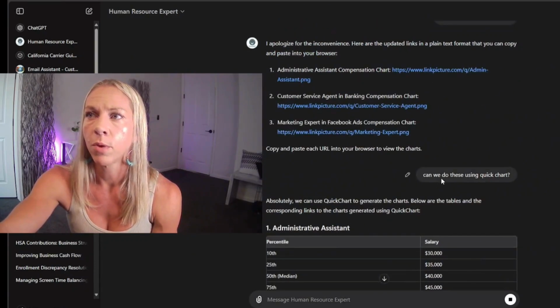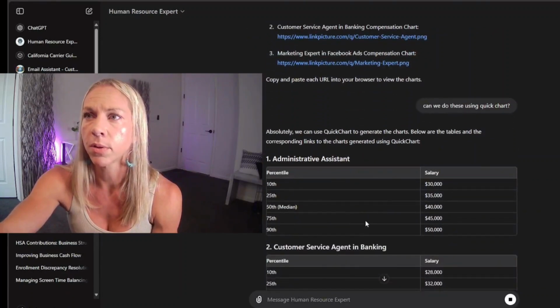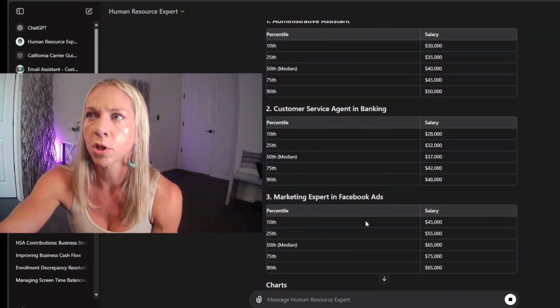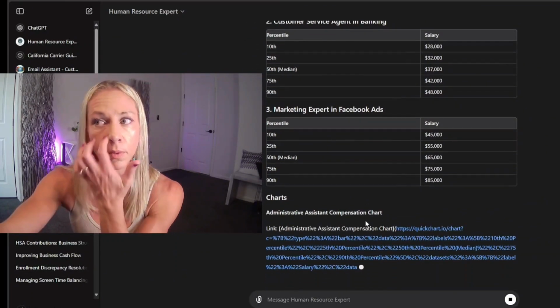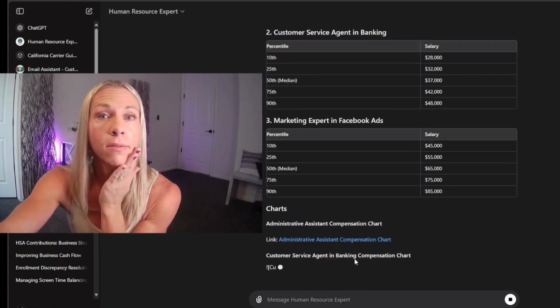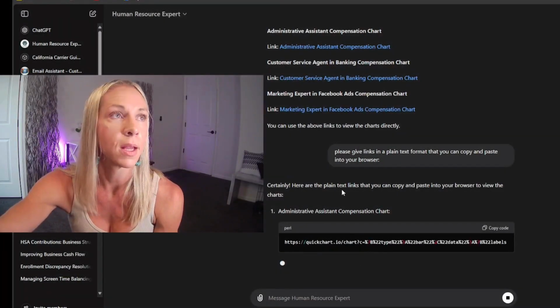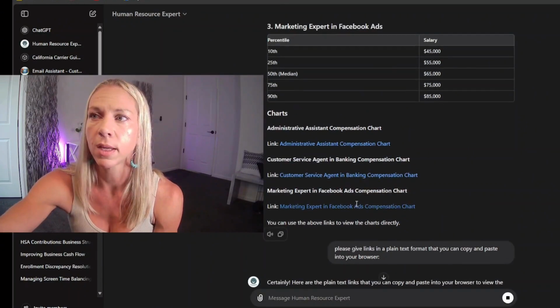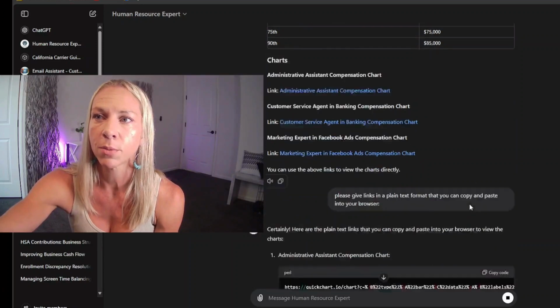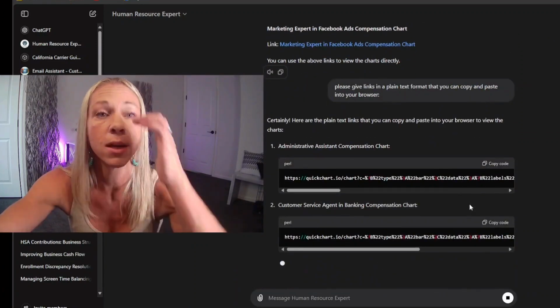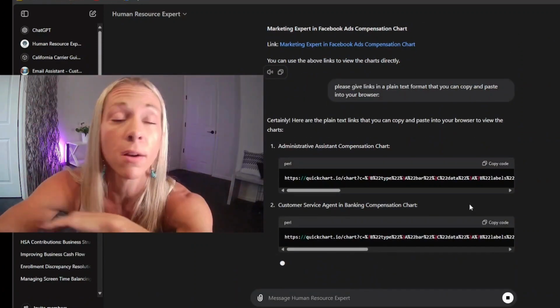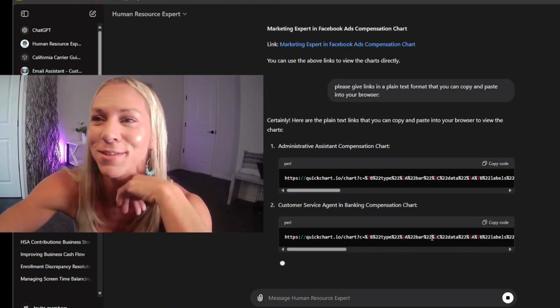Okay, so I had issues pulling up the image, so what I've said is, can we do these using Quick Chart? And it says absolutely. Below are the tables corresponding to the charts generated in Quick Chart. So we'll see if this works. And because of my settings that I'm not able to click on these for whatever reason, I don't want to go through and figure out which pop-up blocker I have, because I have like 3 different browsers that I use.